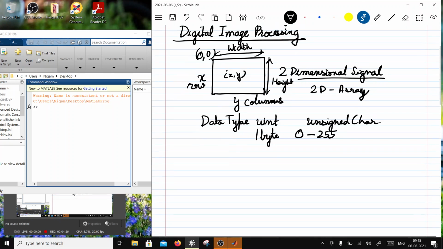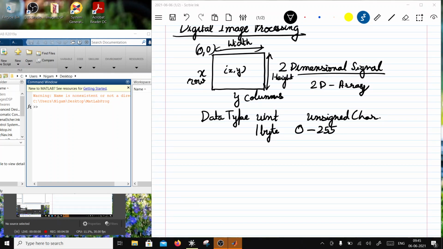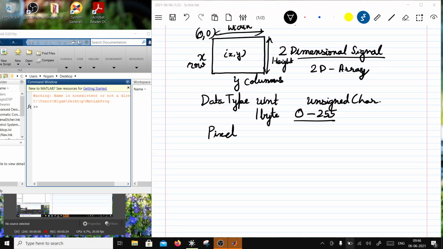So any pixel may have an intensity in this range because it is represented by 1 byte, right? So I can have X rows and Y columns of 1 byte each. This unit is called a picture element, or a pixel. A pixel is basically 1 unit on that image.